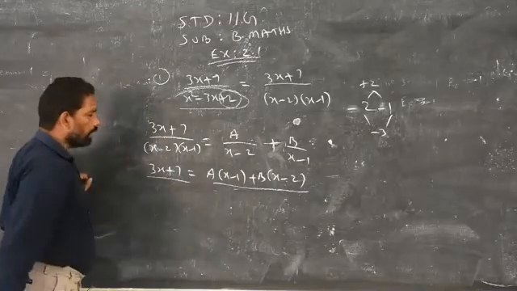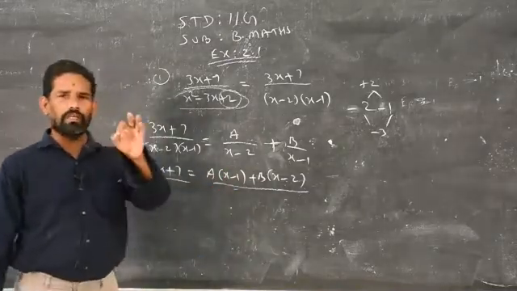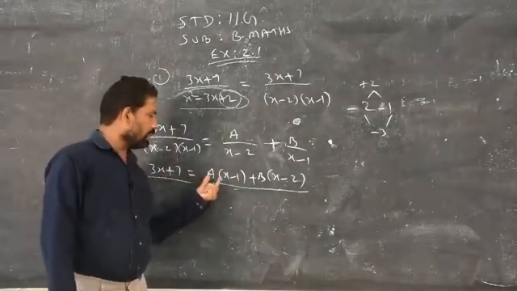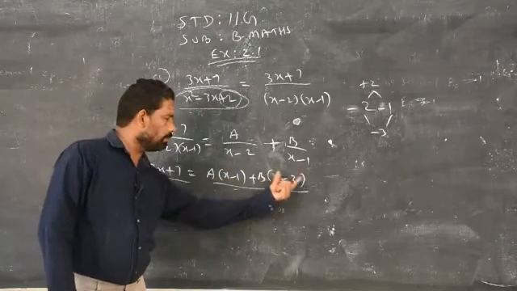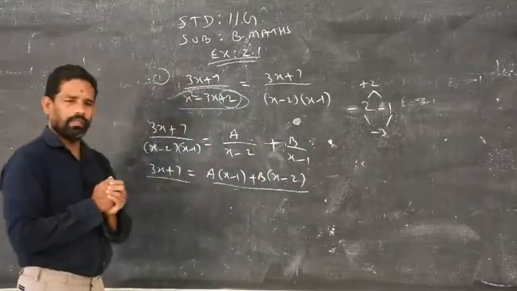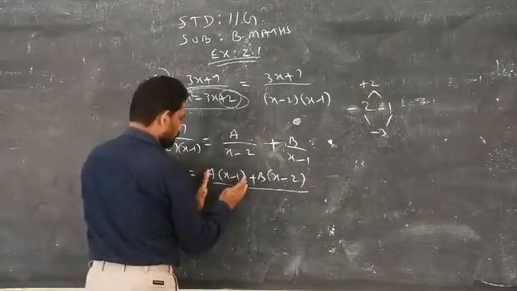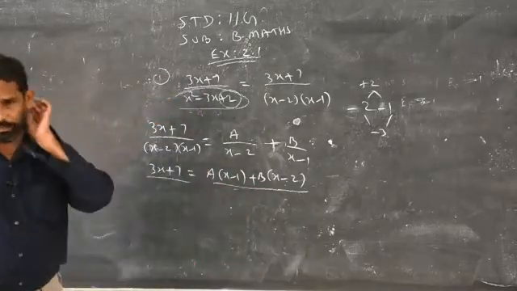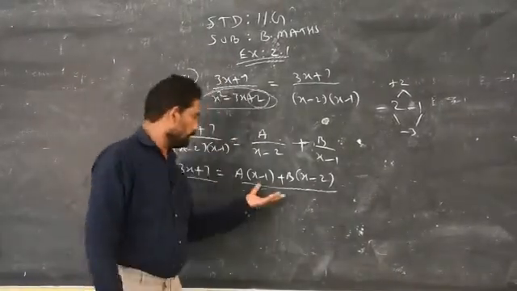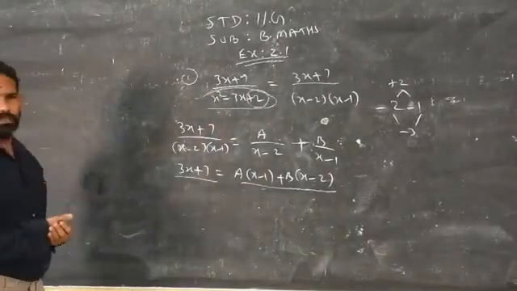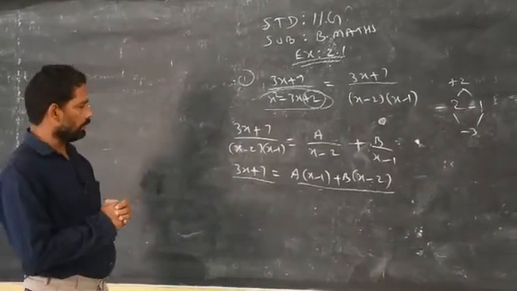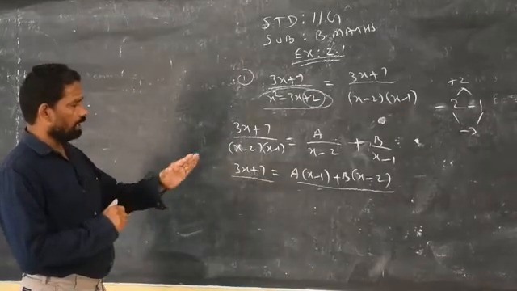Now, your aim is to find out any one of these two constant values. So, if you like to find out the value of A, then B should be replaced, this term will become 0. When I make this term 0, I will get the value of A. If I make the first term of the right hand side 0, then I can easily find out the value of B. Are you clear? I have to find out the values of A and B. If I find the values of A and B, then the problem is over. You will get the correct answer, that's all. Now, your aim is to get the value for A and B.